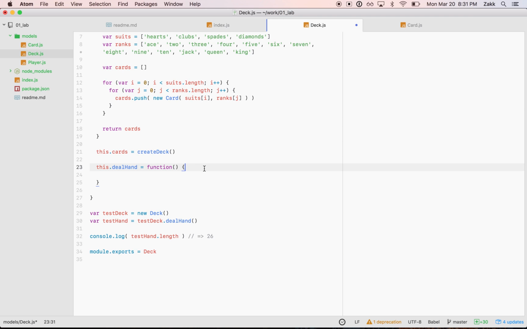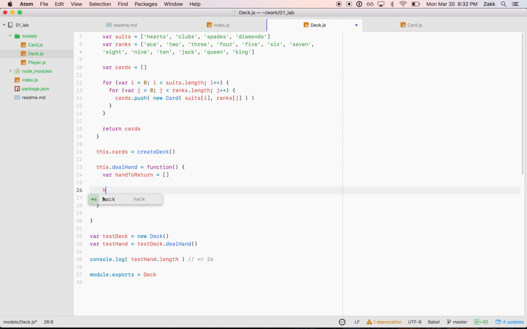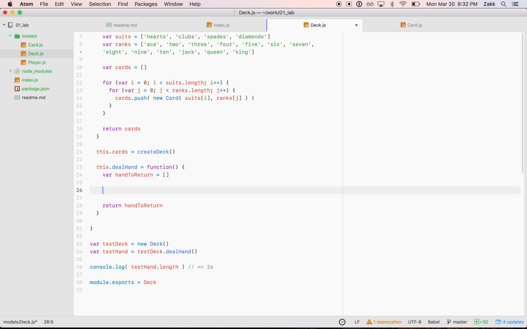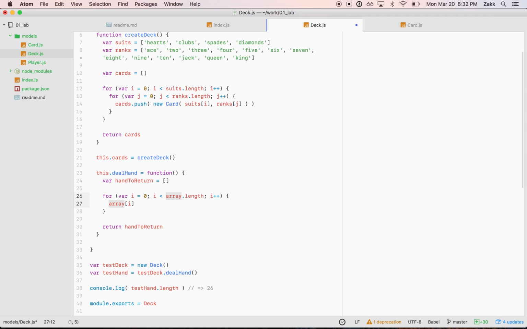So what we can do is let's create an array. So var hand to return or something like that, that we're going to return at the end of this function. And what we're going to do with this array is go through, do a for loop, so 26 times, 26 loops, and in each loop we're going to pull a random item out of our cards array here attached to the deck. So we'll do for, we'll say less than 26,